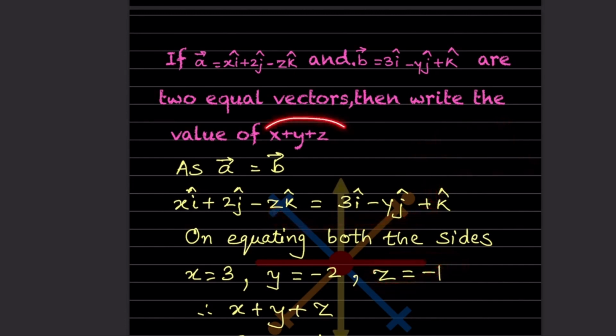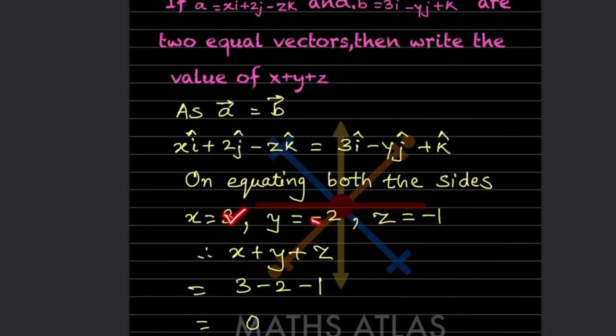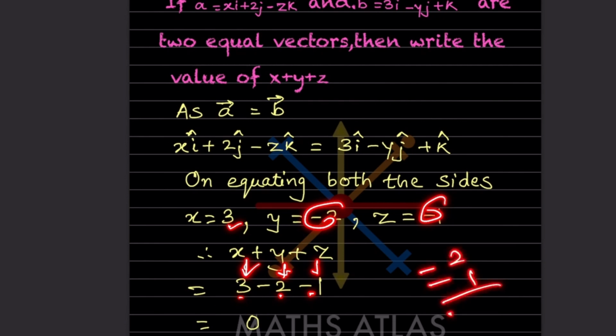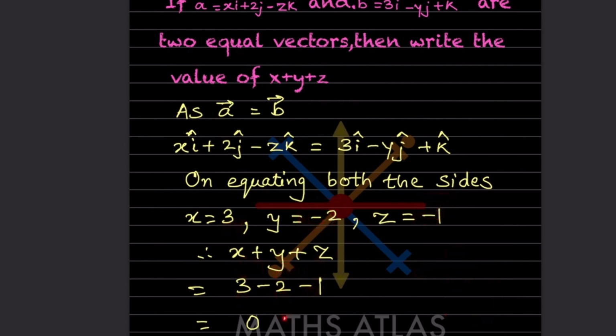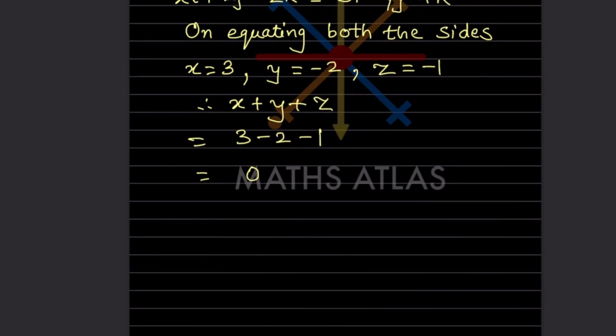So now we want the value of x plus y plus z. We got the values, so we have to just add them together. So this 3 will be here, minus 2 is going to be here, and minus 1 is going to be here. So 3 minus 2 minus 1. Minus 2 minus 1 is going to be minus 3. So 3 minus 3, that is going to be 0. So by this one we have